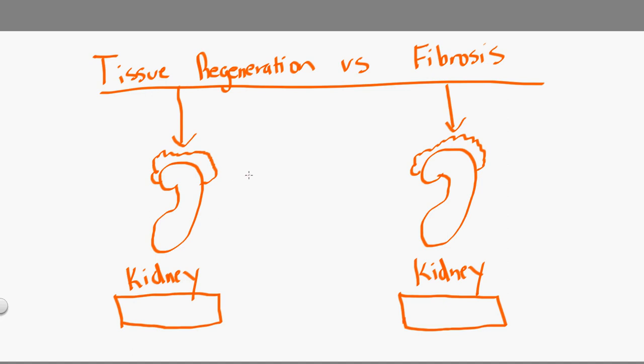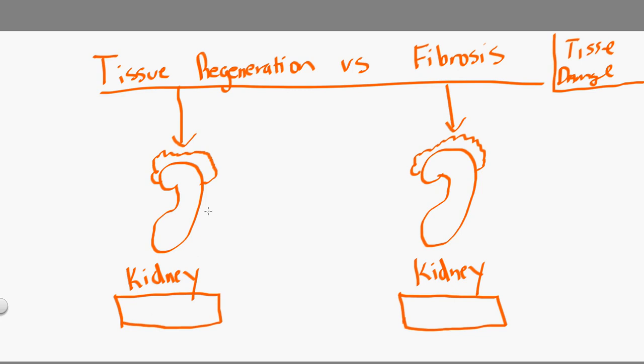Okay, so in this video we're now going to take a look at the difference between tissue regeneration versus fibrosis, and both of these points are related to tissue damage. That's what we're talking about here. What happens when the tissue or the organ is damaged? What are the different ways that the body tries to repair itself? And two things kind of happen. There are a lot of other issues too, but this really just sums up the big picture between tissue regeneration and